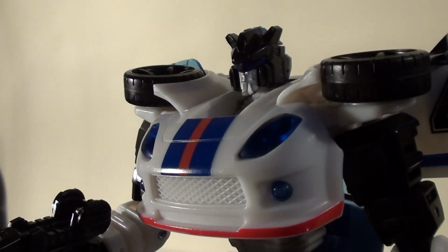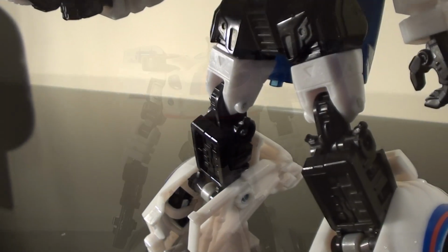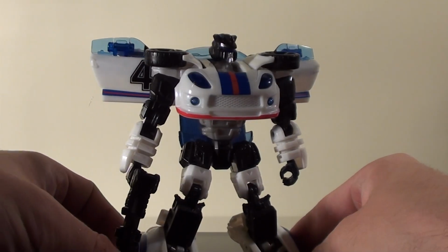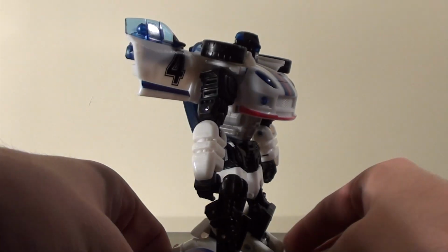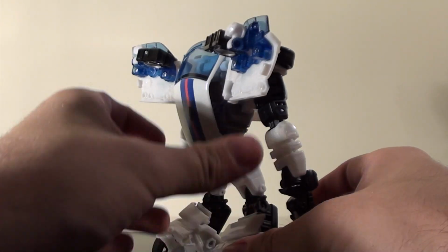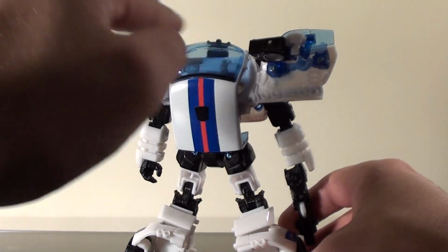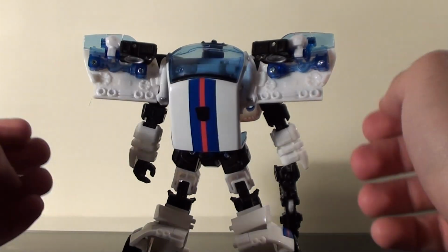So here we have Reveal the Shield Jazz in robot mode, and I must say this is possibly the best Jazz figure we've actually ever gotten. There's no real kibble whatsoever. There's this back panel which just fits on the back nicely, and the two speakers there are behind the doors,